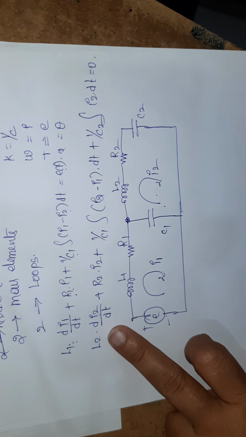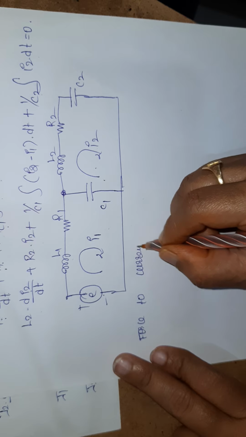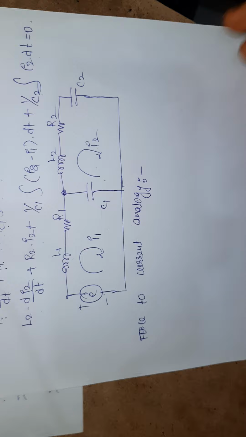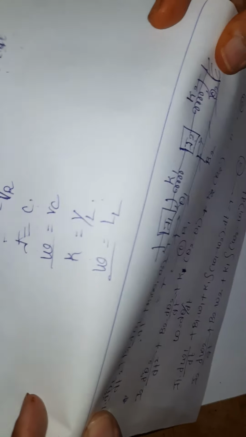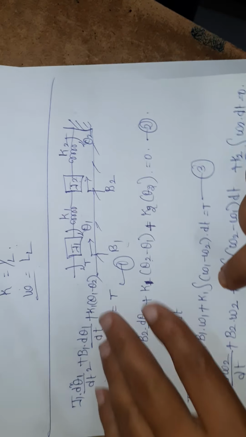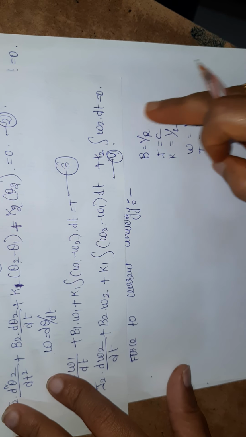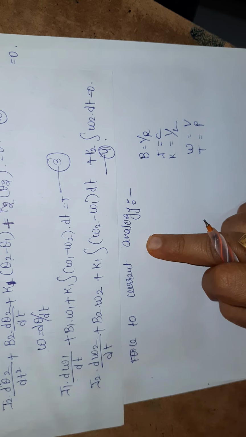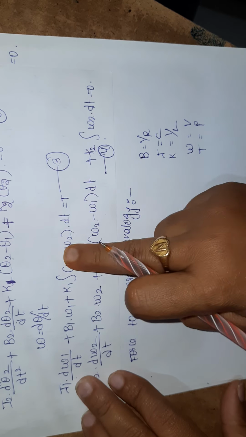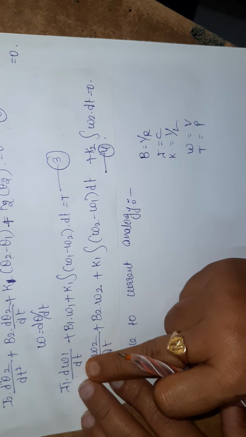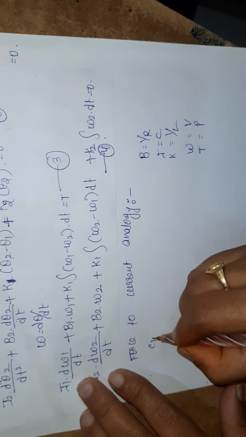Next, we have to draw the force to current analogy. To draw the force to current analogy, we have to keep this in mind. So we have to replace equations 3 and 4 with this. We have to replace J with C. So C1 into